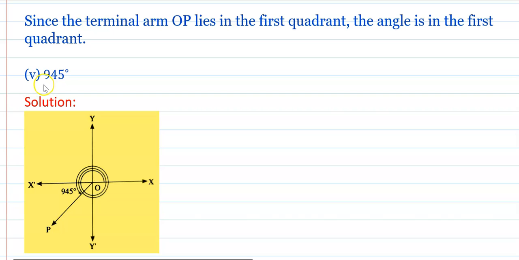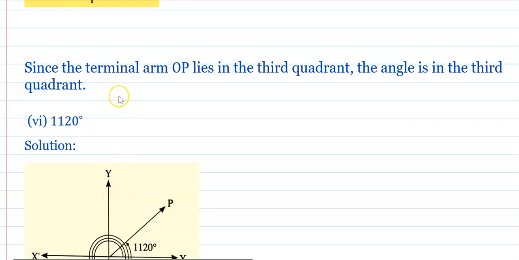Next angle, 945. Okay, now 945 means what? First is 180, second 180, third 180, fourth 180, fifth 180. That is 180 into 5. You will get 900, and the last is 45. The terminal ray OP lies in the third quadrant. Since the terminal arm OP lies in the third quadrant, the angle is in the third quadrant. Next,